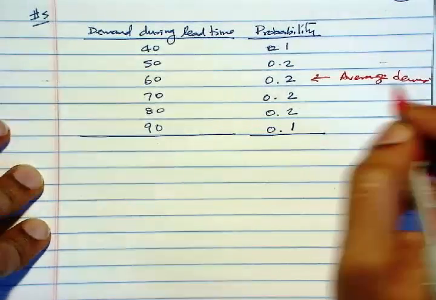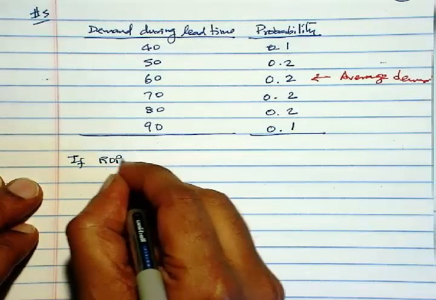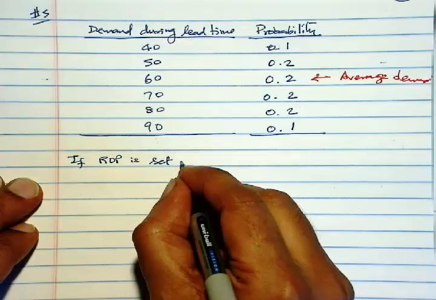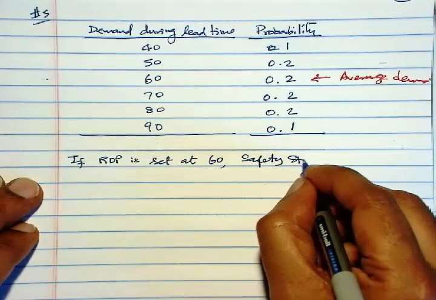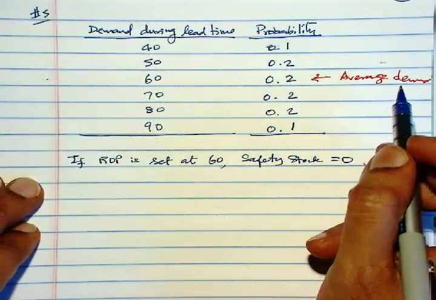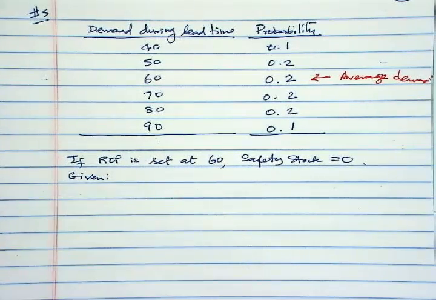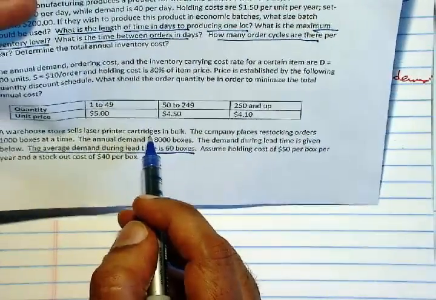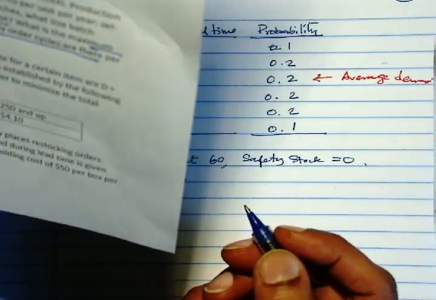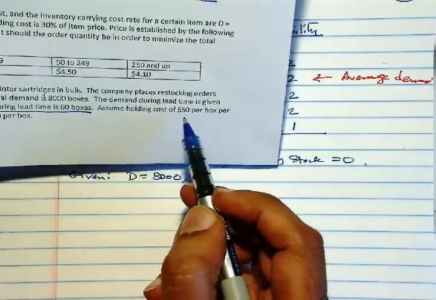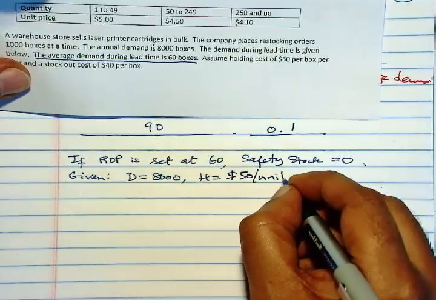Which means, okay, if ROP is set at 60, safety stock will be 0. Okay, so that's what that means. And we are also given that annual demand is 8,000. And holding cost is $50 per unit per year,